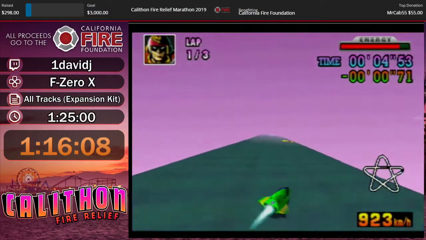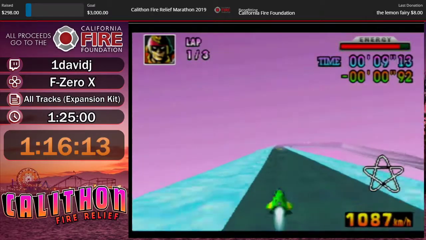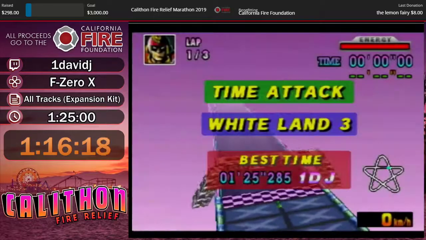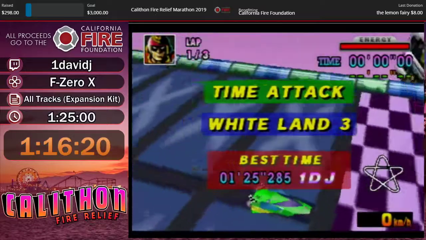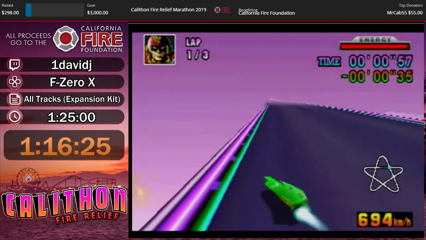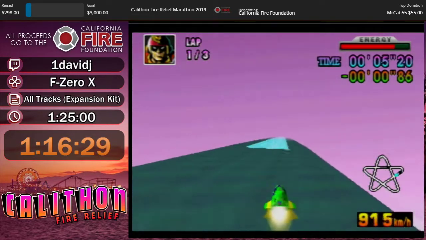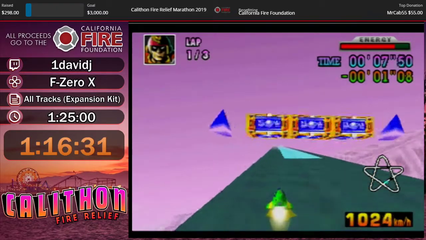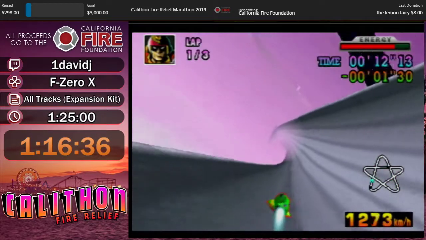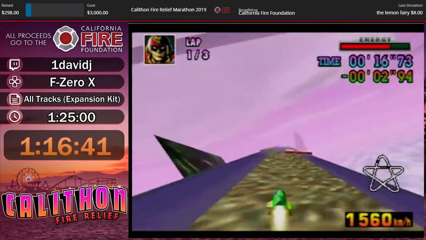Also, this course is pretty cool. It's a big star. Lots of boosters. You can really abuse the... Oh yeah, you can do some wild loop skips. But there's a long section of half pipe here that's perfect for abusing double taps. I can get over 2,000 with it, with a good one. I only got up to like 1,800 there, but...